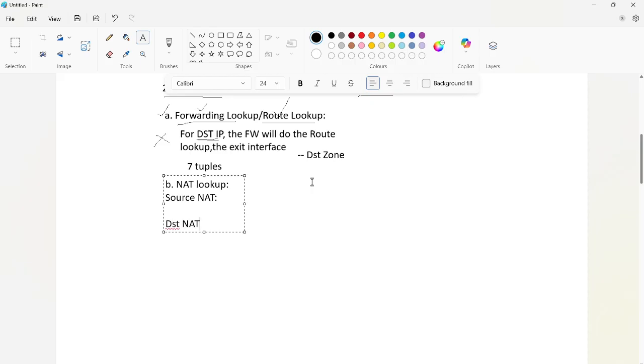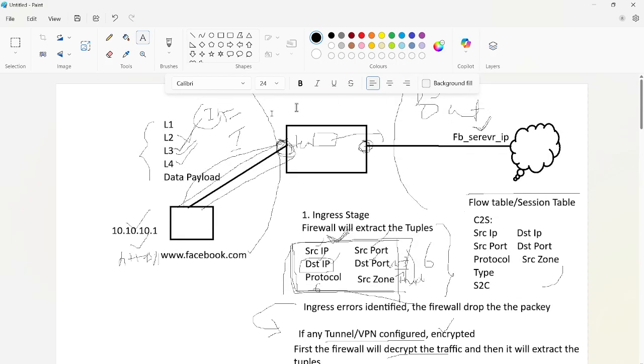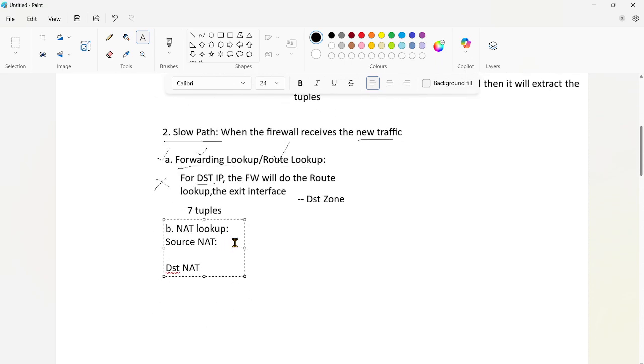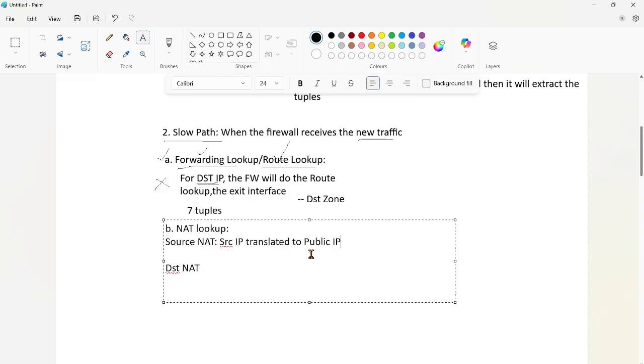Whenever the traffic flows from inside to outside, the firewall will do a source NAT. In the source NAT, our source IP is translated to a public IP, and it will proceed further.